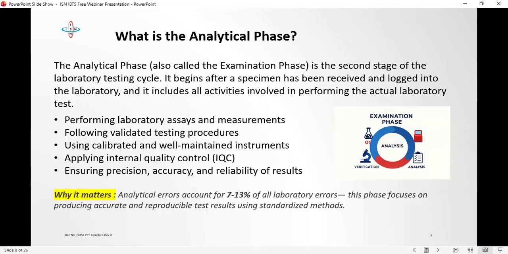And one of the biggest risks here is ignoring quality control signals. So this is where you need to look at your quality control signals. There are situations where QC results are slightly out of range, and due to pressure or workload, someone decides to manage it or proceed anyway. Sometimes you run your quality control and it fails, and you look at it, the result is close to the range, and because you have a lot of samples to analyze for that day, you say, let me just overlook and continue. This is a great risk.